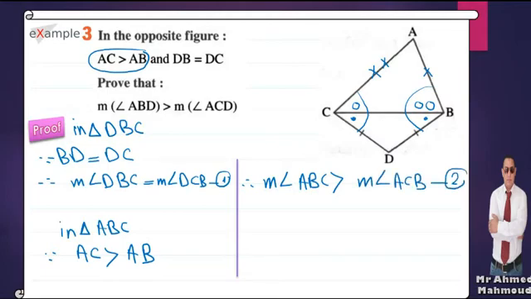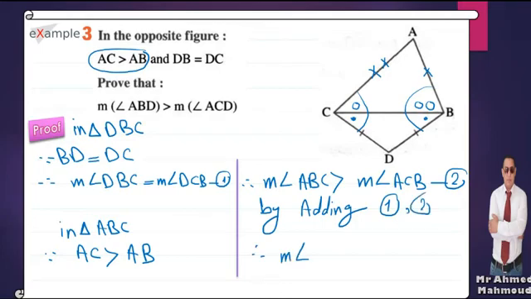This is number 2. By adding 1 and 2, therefore measure of angle ABD greater than measure of angle ACD. The next one,